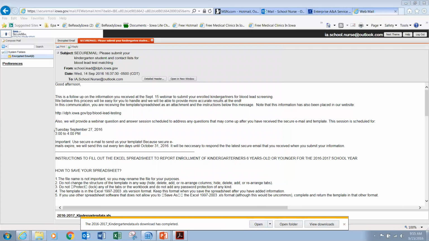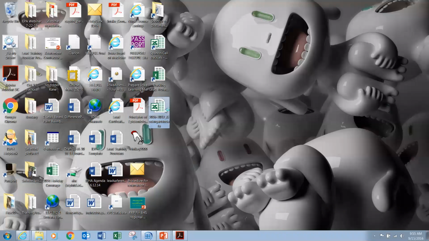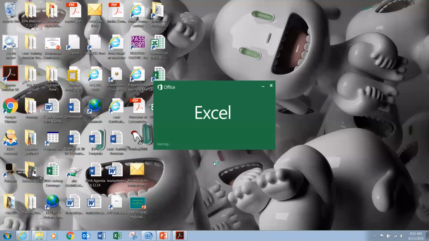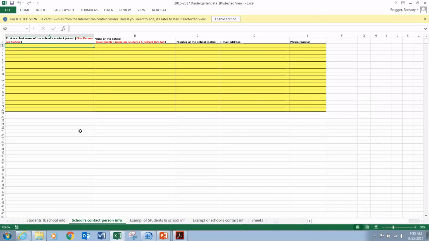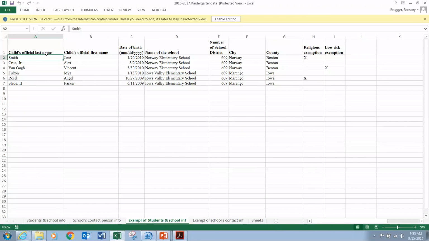And then I'm going to go to my desktop and find it. It should be this one right here. Okay, and then we've got, this is the actual first page where you would enter students. This is the second page where you enter the contact information for the school. And we've got two tabs that are examples with some information filled out.